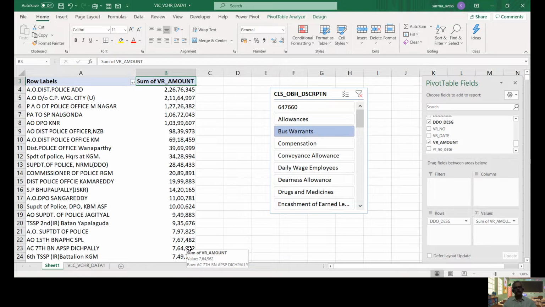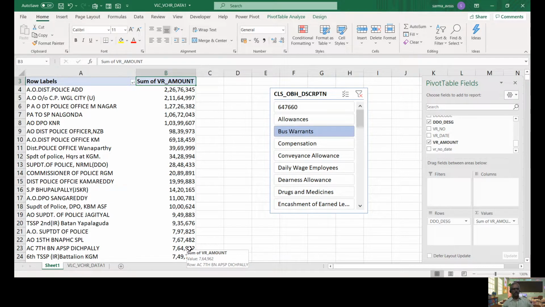So what are the receipts received for this period? If we can compare, then immediately we can identify whether the amount drawn by the DDOs is really remitted or not. If they have not remitted, definitely we can raise a red flag and ask the DDO to remit the balance, right?